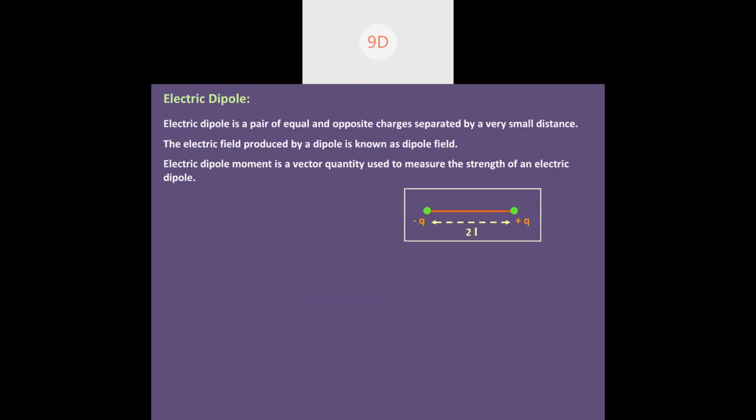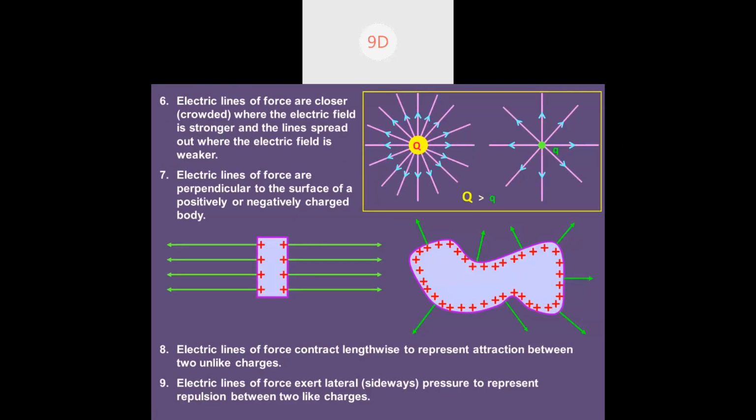Mom, I have a doubt. Yes, one second. Mom, if the fields are perpendicular even in an irregular shape, will there be a point where they cross each other? No. Field lines are imaginary. See, this is a positive charge. Let's extend this. This is a positive charge. Here they tend to cross each other, no? So at this point they will expand laterally. They can never cross each other.